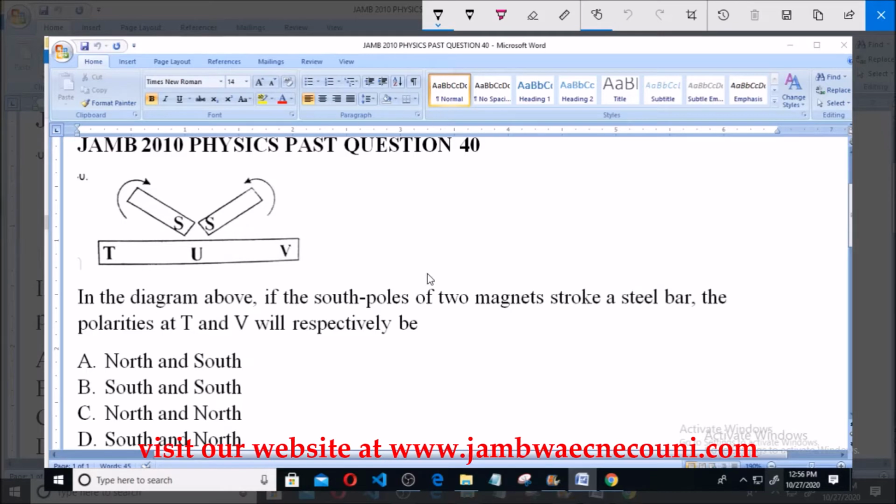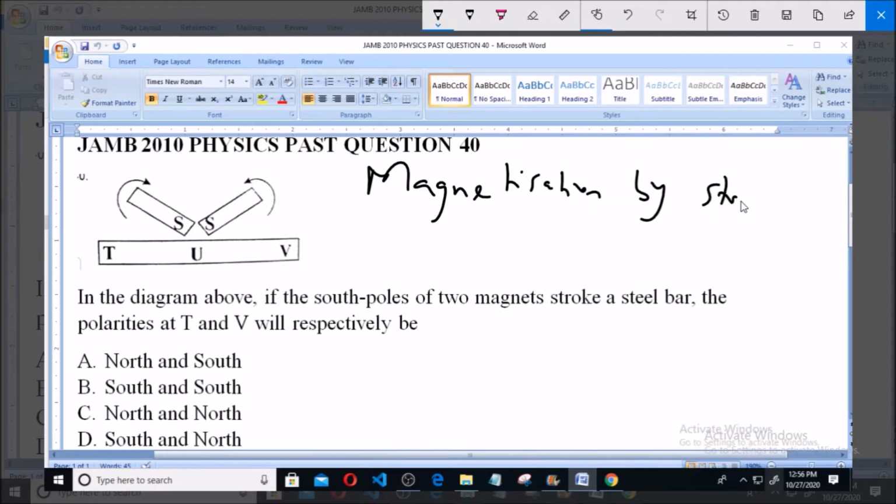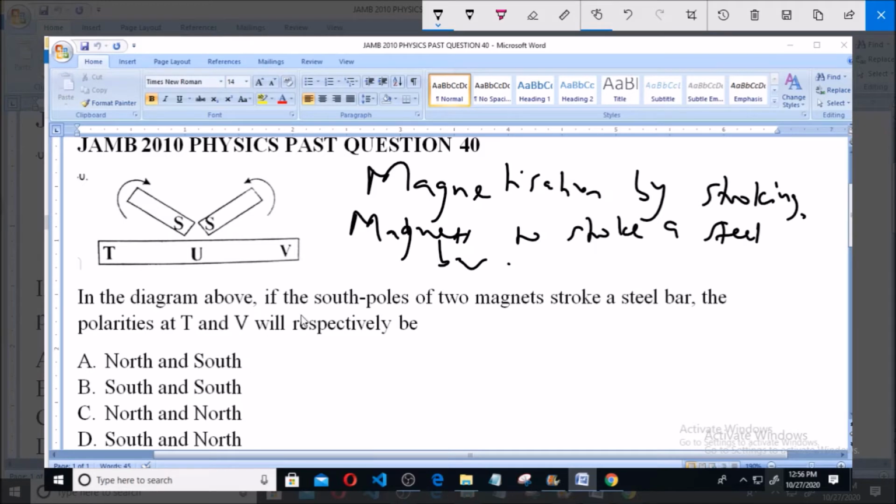Now this is what is known as magnetization by stroking, and basically this involves making use of a magnet or magnets to stroke a steel bar in order to magnetize it. So we are asked that if the south poles of two magnets, this magnet and this magnet, are used to stroke this steel bar, what will be the polarities at